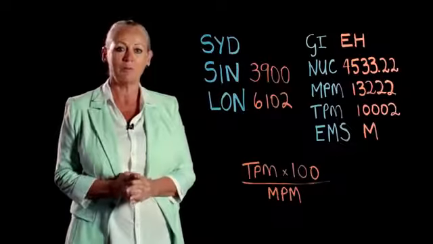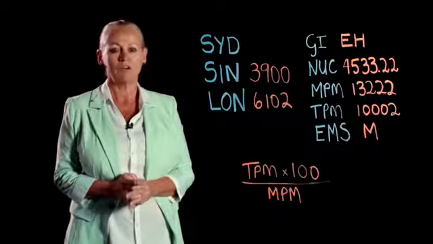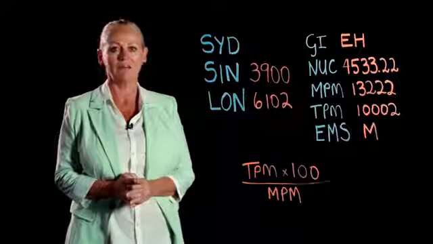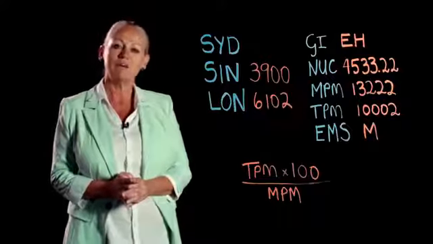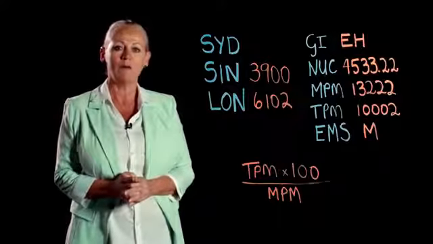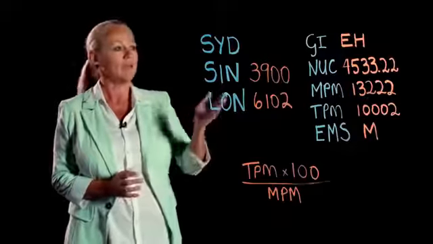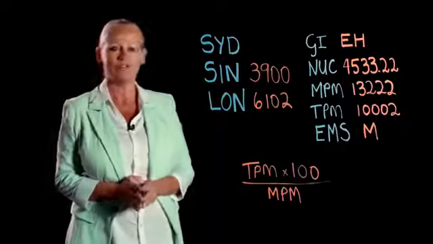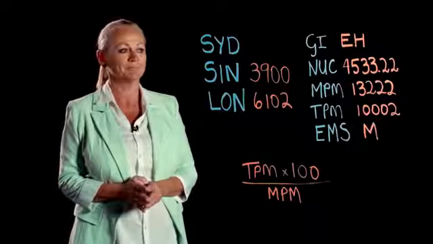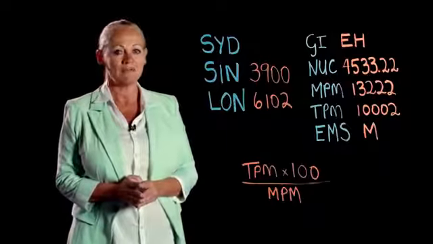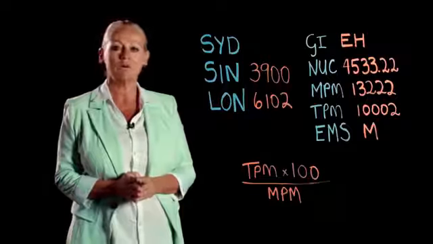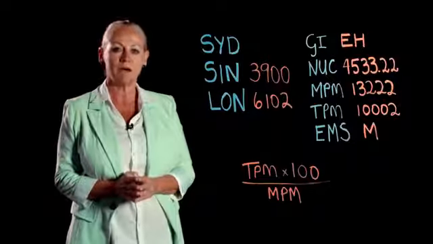So I've gone to the companion fares manual, which you find on the OLS or the online learning site, and I've looked up an economy class one-way EH fare from Sydney to London, and that NUC is 4533.22. The next step of our fare calculation is to work out what is the maximum permitted mileage you're allowed